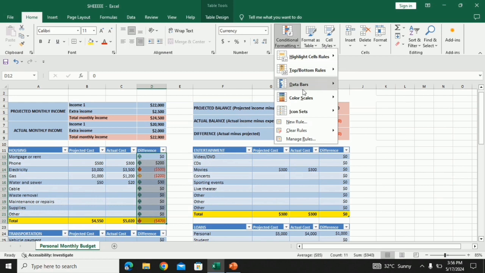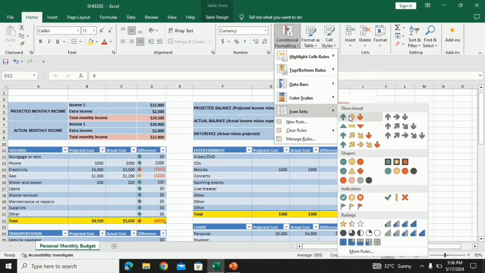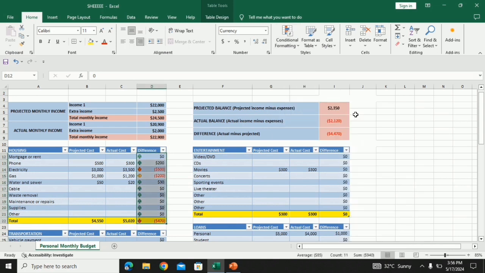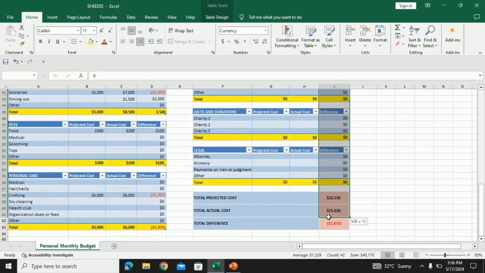Go to conditional formatting, select icon sets, choose whatever you want to put. Let's choose this. Also here, highlight them all to put the icon.